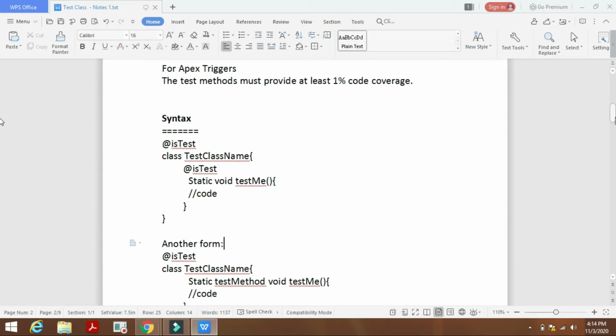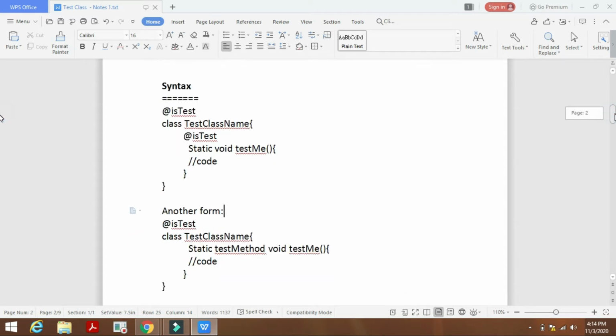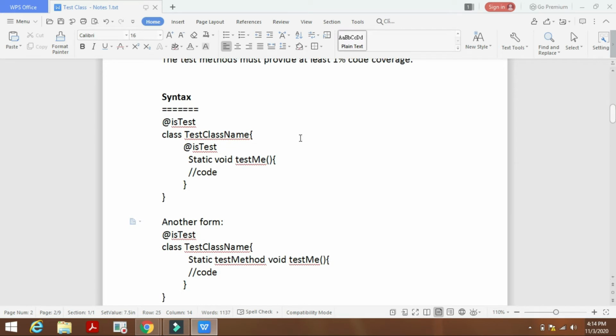So there is another form for the test class. You can do it in this manner or in this manner also. So what is the difference between these two?